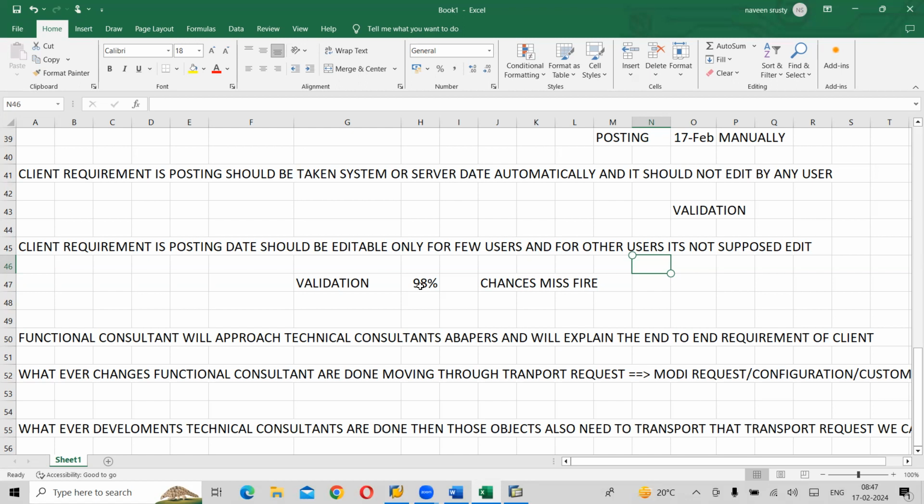Production server. In the production server, the functional consultant cannot move the transport request in real time from quality to production server. For that particular request, we need to give the request number to our basis consultant. Basis is another technical consultant. Those basis consultants will move the transport request from